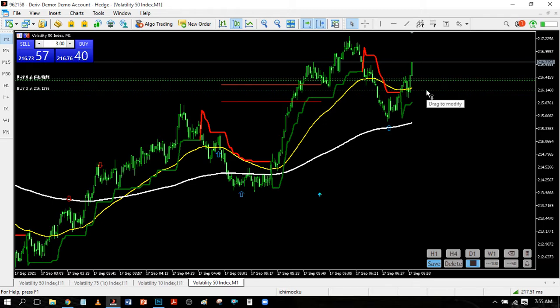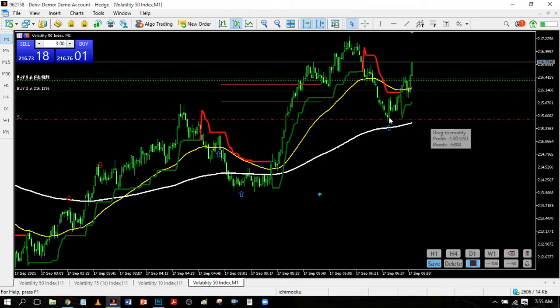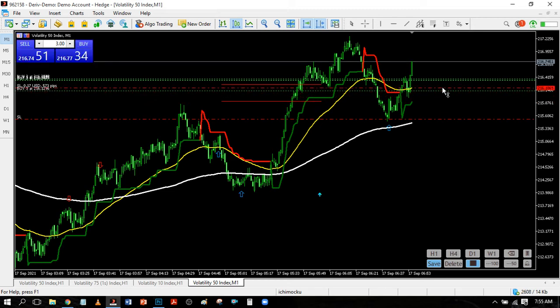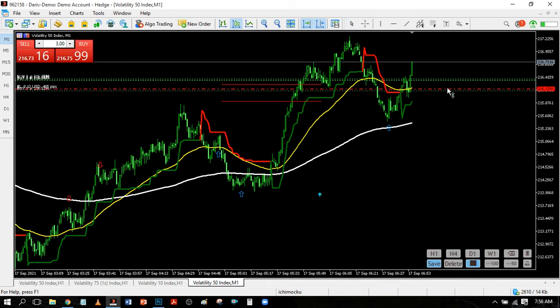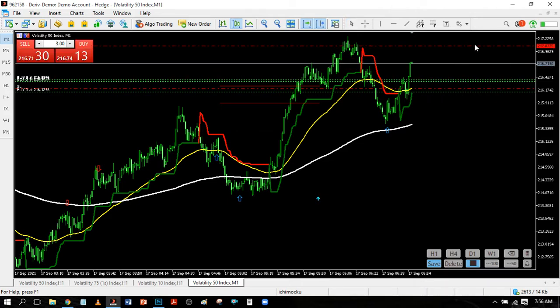So remember I told you that all you need to do is just to put your stop loss here. After putting your stop loss, then you can start moving your stop loss. All right, so you can move your stop loss above the entry to break even. So here it is. So that's my stop loss. You can see the market is just moving up. So I can decide to actually put my take profit here. I decide to put my take profit somewhere here,